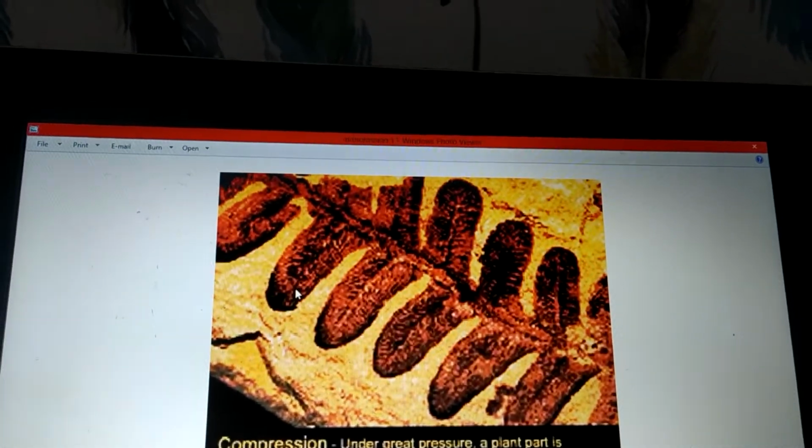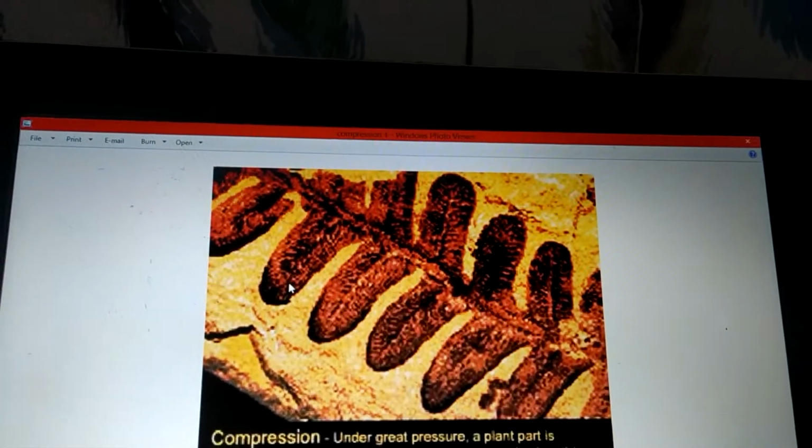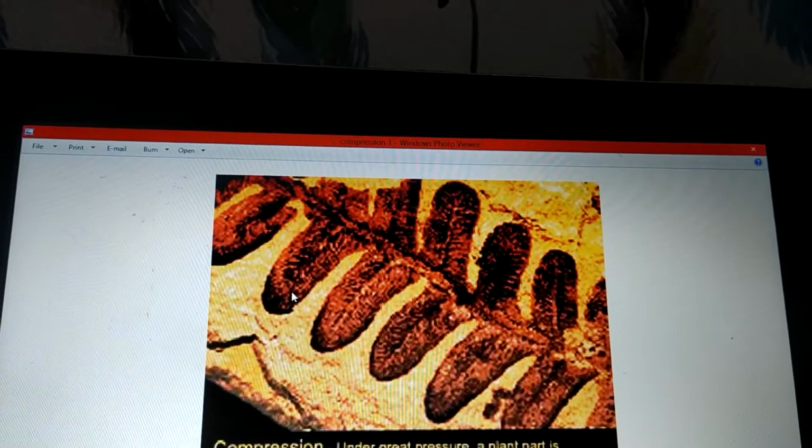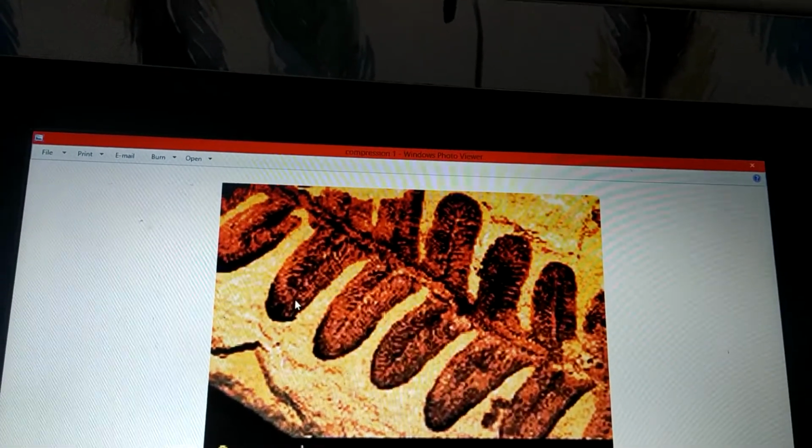For example, if the stem is compressed, internal parts like xylem, phloem and cambium are visible in case of compression. So this is an image of compression. Now speaking about